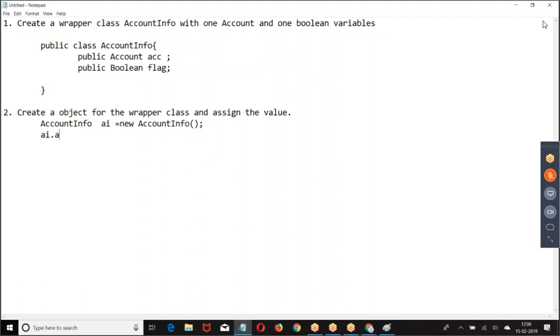AI dot, what is the variable? Then how do you define AI dot ACC dot name? AI dot flag equal to.